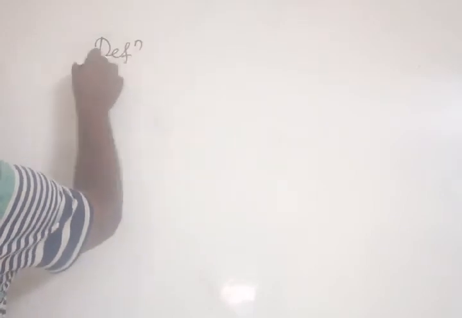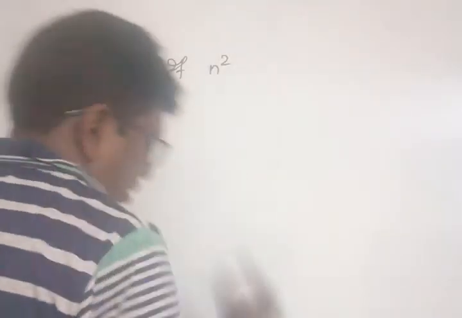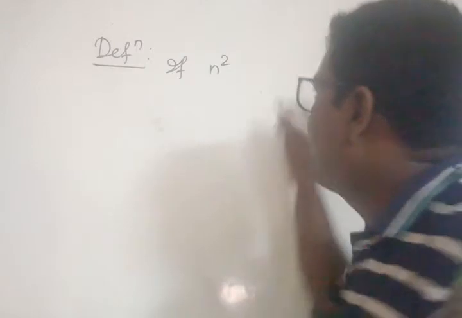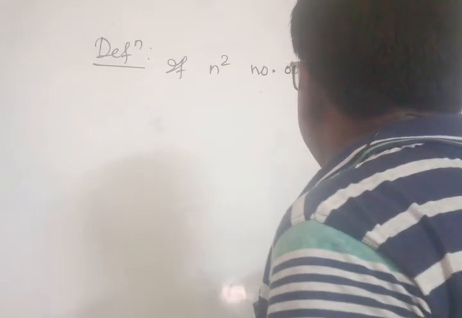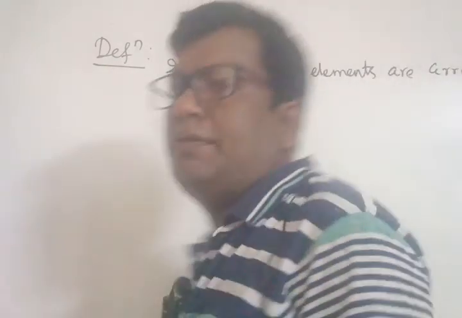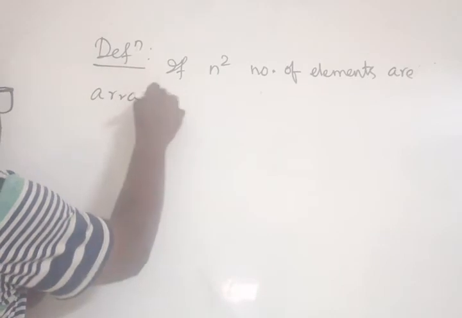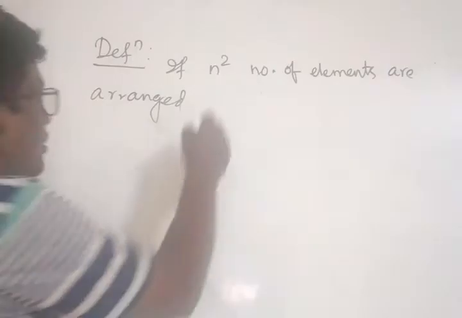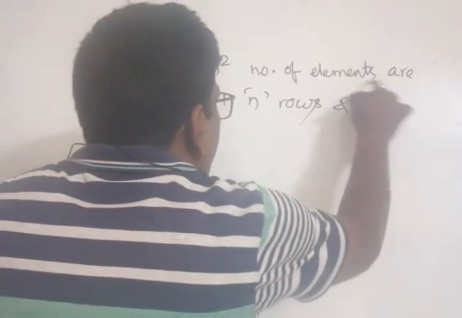Now, definition of determinants. Definition: if n square number of elements are arranged in n rows and n columns